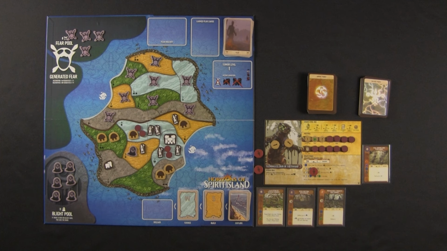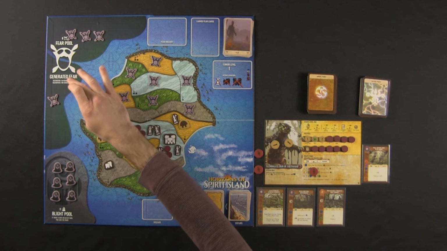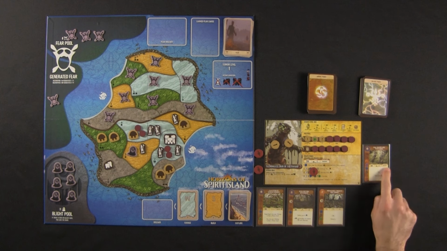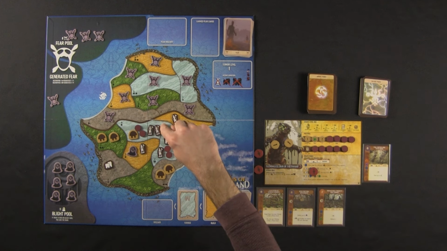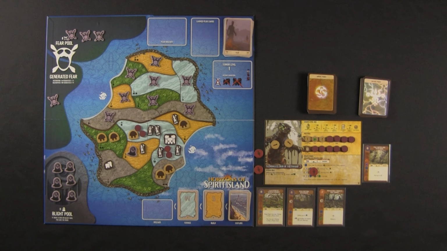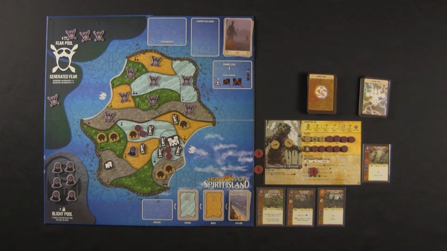that could be useful. So I think I'm going to activate this card first. So first it says 1 fear. So I just take 1 fear from the fear pool and put it down here in the generated fear section. And then I can push up to 2 explorers. And again, I need to target a land with invaders that's within range 2 of a sacred site. Well, I'm going to target this land here, land 4, which has a sacred site. So it's definitely within range 2. And I'm going to push one of the explorers down here into land 2. I could push them both, but I only want to push one, and you will see why later in the